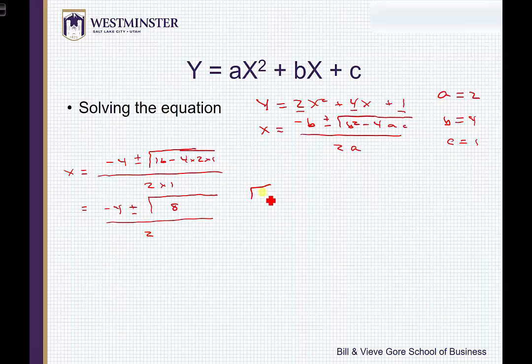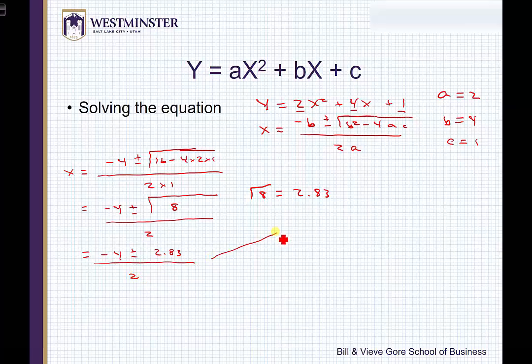The square root of 8, if we put that into our calculator, equals 2.83 if I simply take it to the second decimal place. When you only go 2 decimal places, you lose a little bit of fidelity in the value of the number, but it's going to be close enough for our purposes. So then this is going to be equal to negative 4 plus or minus 2.83 divided by 2,